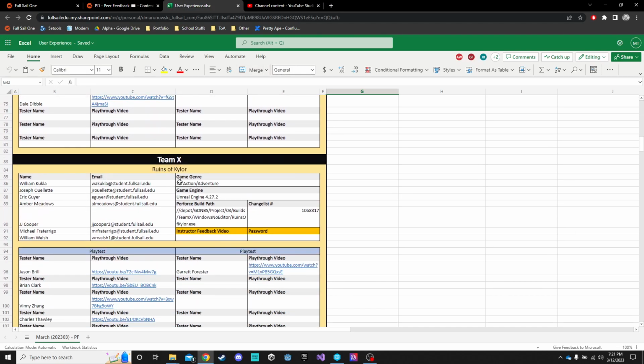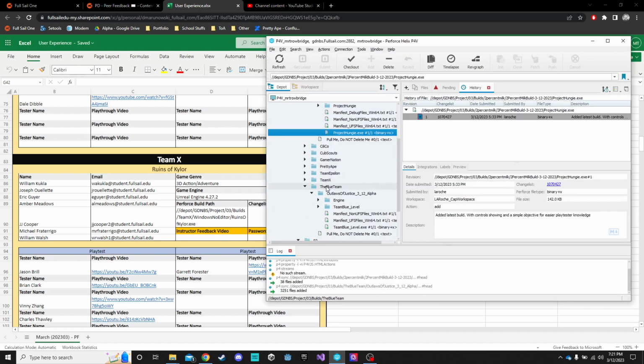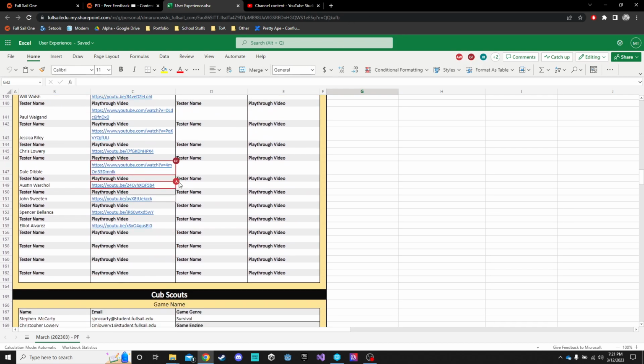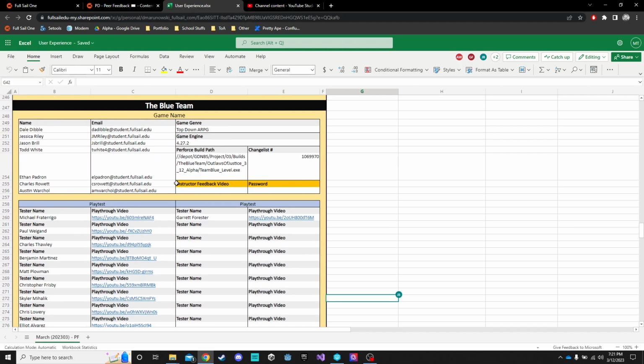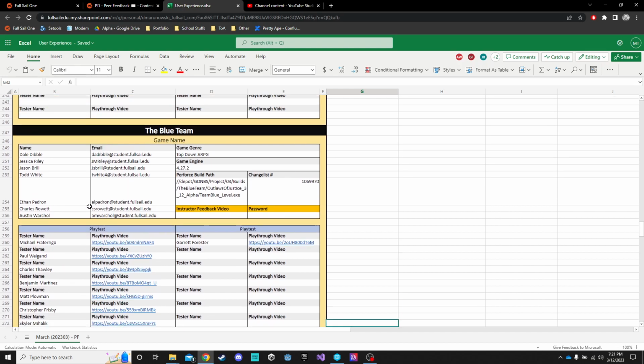Alright, for the second test, I believe I downloaded the Blue Team's Outlaws of Justice. The Blue Team, where are you? Here we are. Well, you already have quite a bit of input and feedback, so I don't know